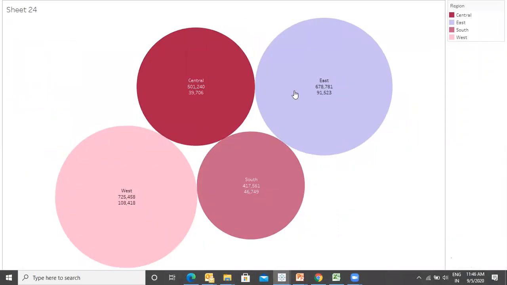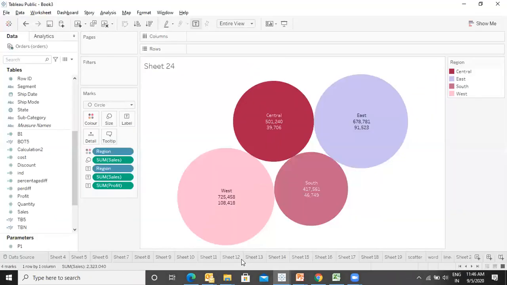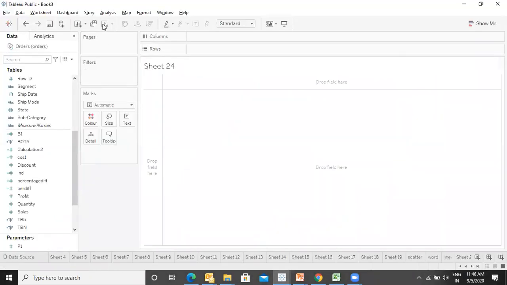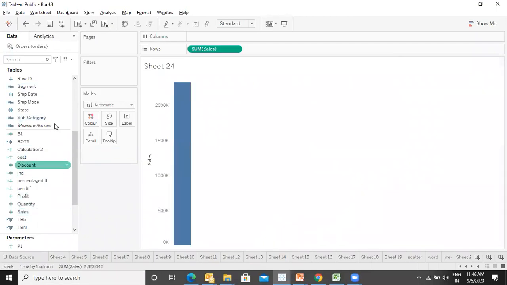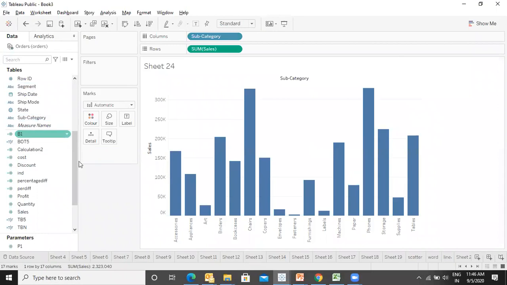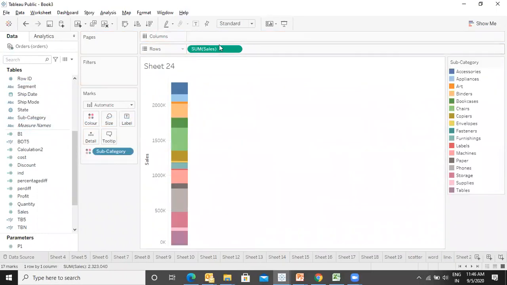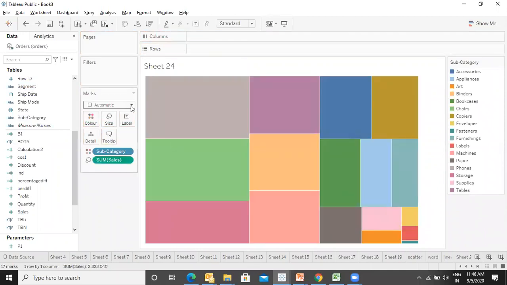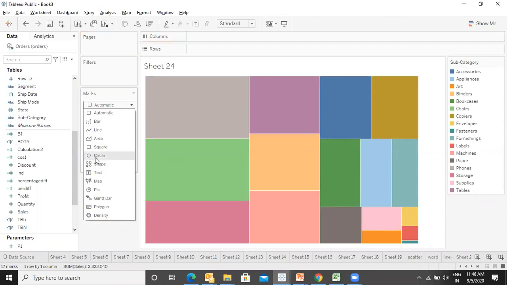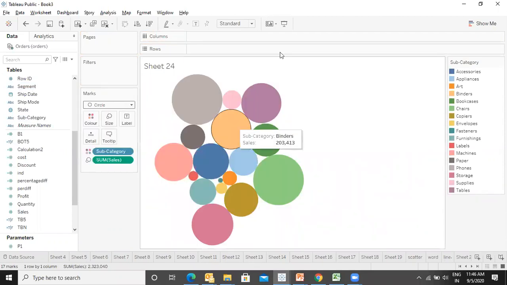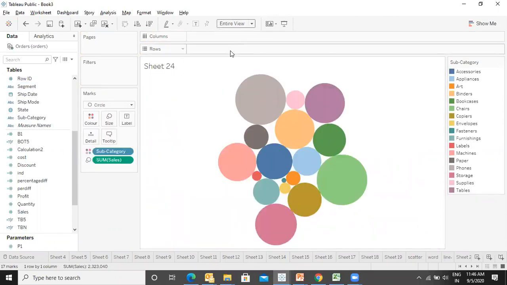Okay, let me give you another example of the bubble. This time let's take the sales on the basis of subcategory. Let's put the subcategory in the color. Let's put the sales in the size. Now we will make it circle. Here it is. Let's make it entire view.